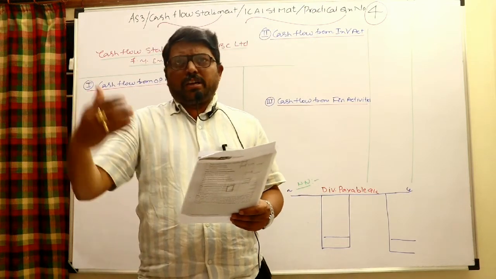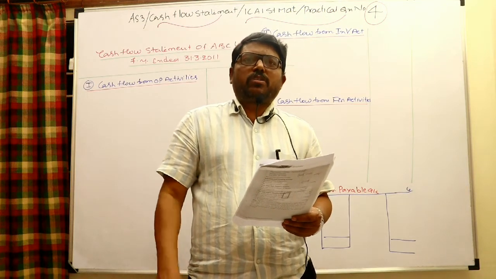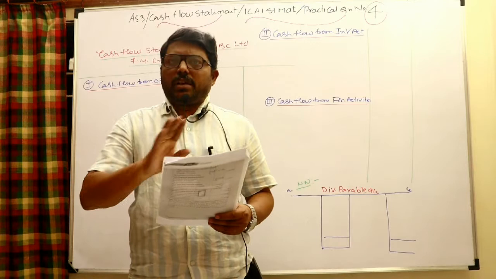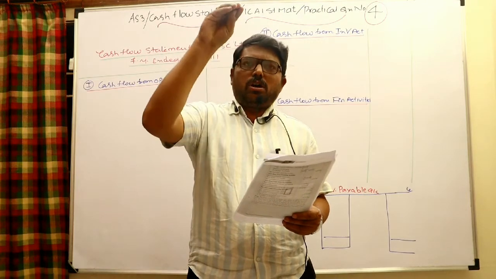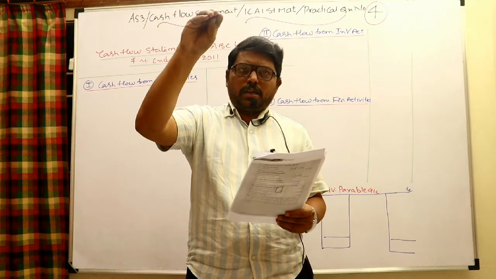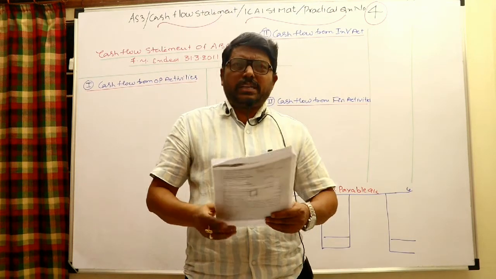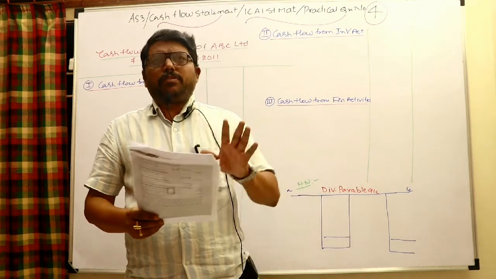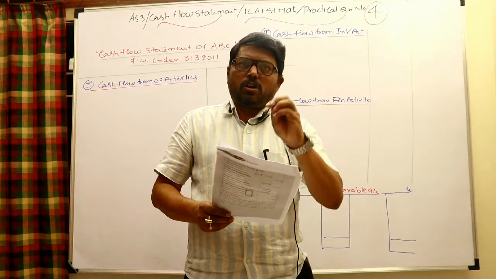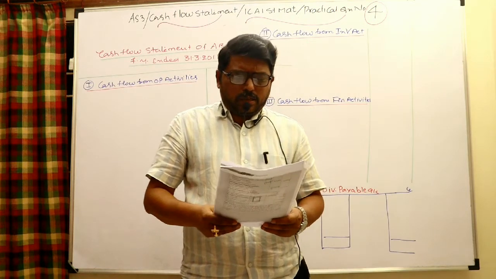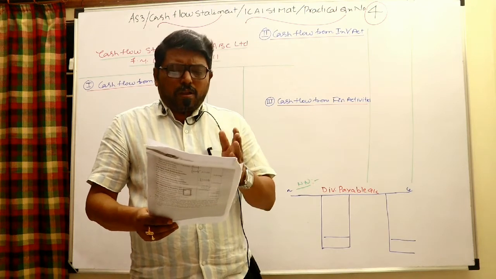If you take PBT, profit before tax, even appropriations and tax need not be adjusted. Only non-cash items and non-operating items in P&L are to be adjusted, and tax paid should be deducted. That's all. So any profit you may take, no problem. The profit which you take, accordingly you have to solve the sum. Look at how the items are given one by one.